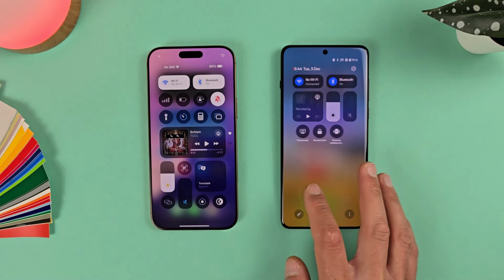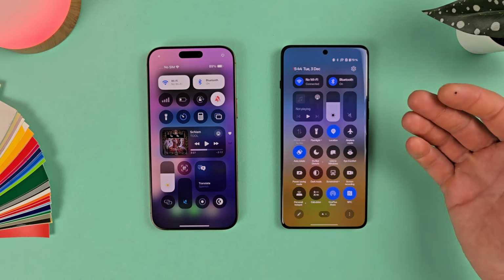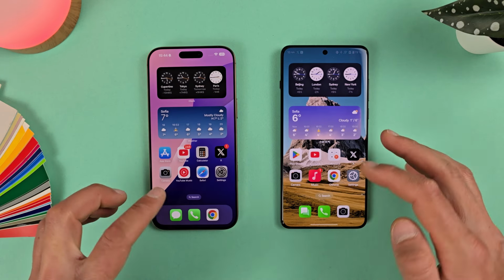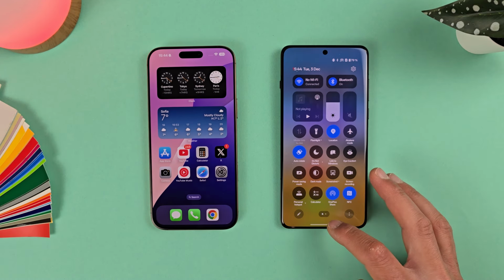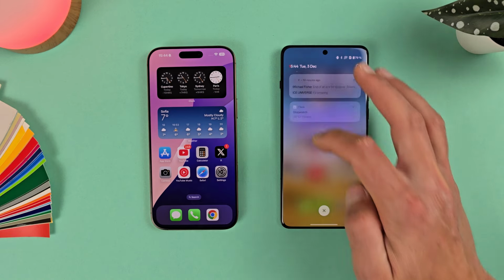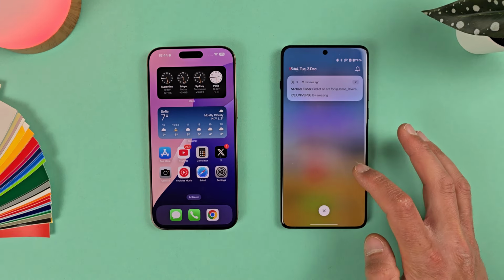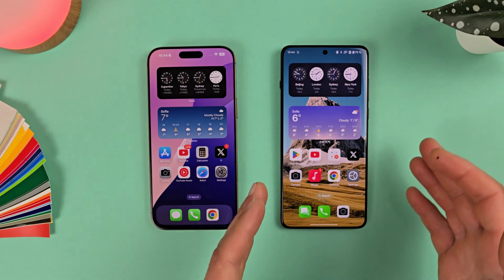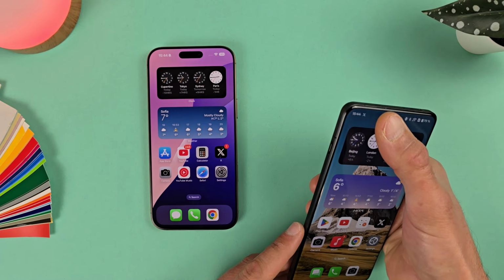We have here just left or right, which is for more toggles, which has its own point, but I don't like the way Oppo is going, because now if you swipe on the right side, you will receive all your toggles. If you swipe on the left side, you will receive your notifications, which is something I don't like, because these phones are very big, and now you need to grab your device and go to the upper left